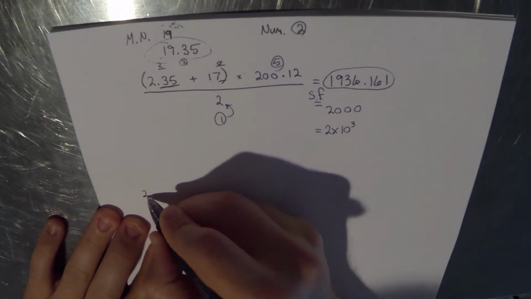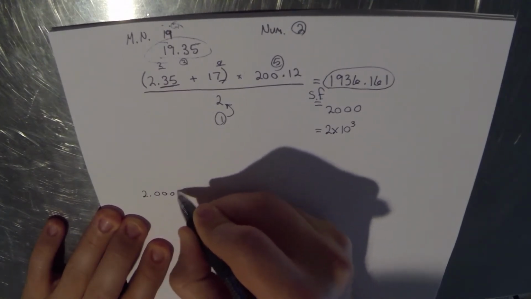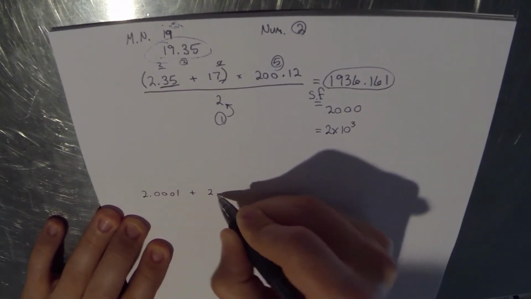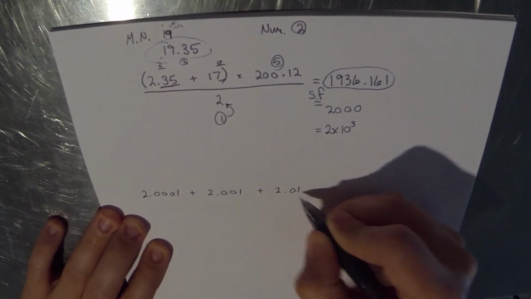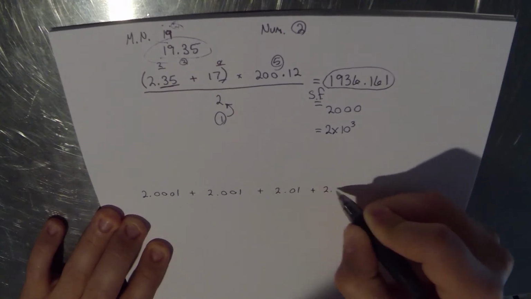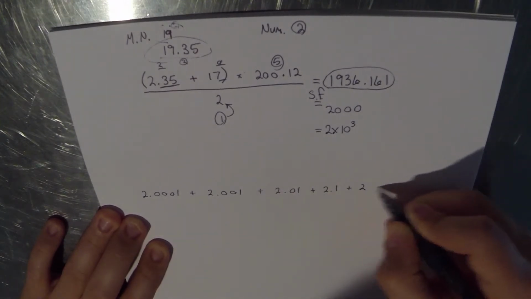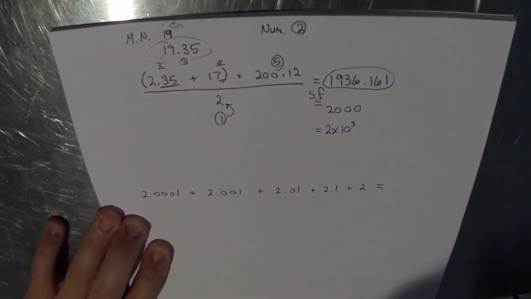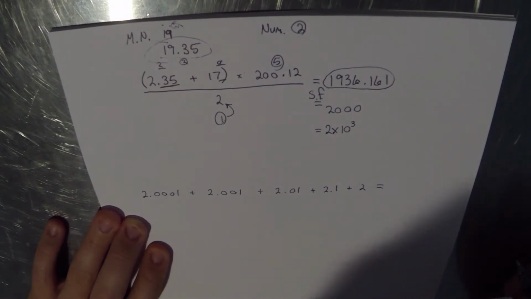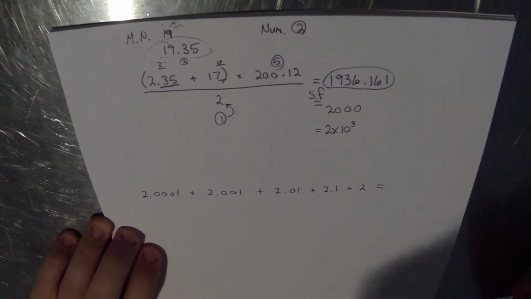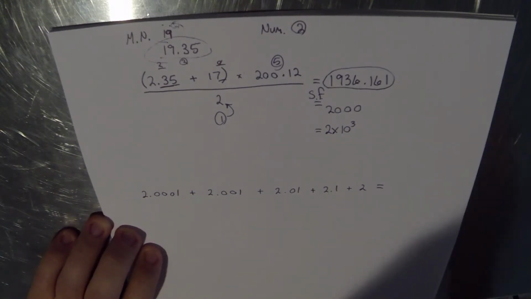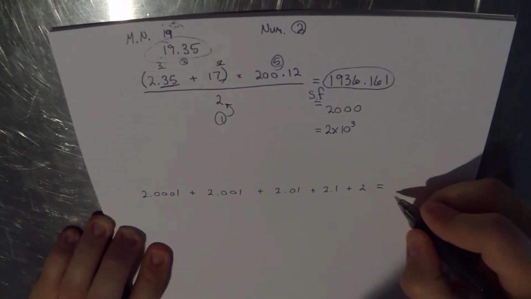So we've got 2.0001 plus 2.001 plus 2.01 plus 2.1 plus 2. If you do all that mental math in your head, it's actually easier than you might originally think, so I hope you don't grab your calculator for this one. If you do, it's okay, but it actually just ends up being